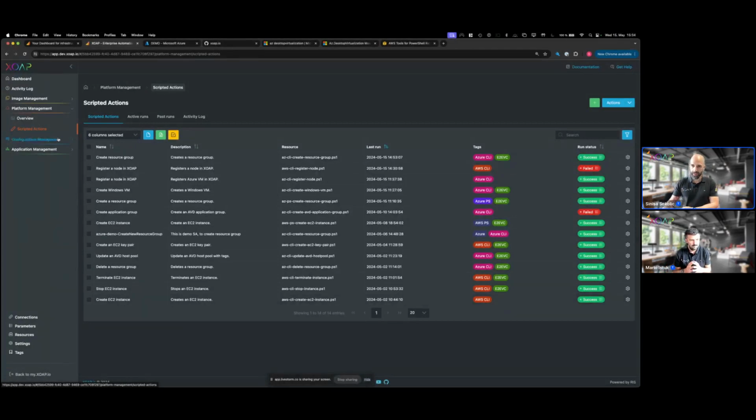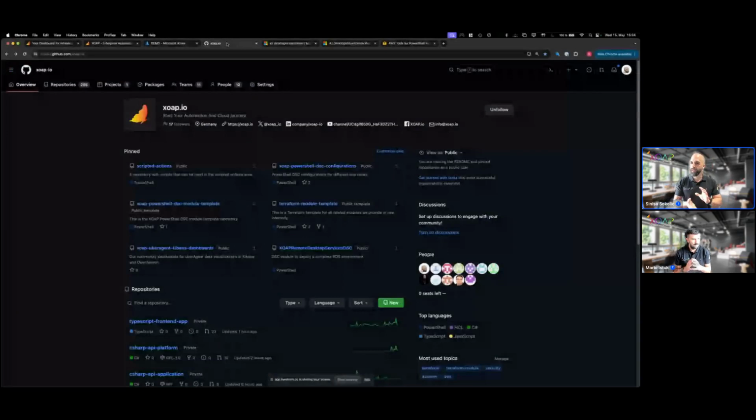Everything you see here in the scripted actions area is basically a script that is run and that you can add here. So what you need to do is to get scripted actions here in this area. And we are delivering templates for every new customer who is creating a workspace, having a trial. So you will get a few things to get you started. And also, if you want to have a look at the possibilities that we are delivering as a template, I invite you to go to